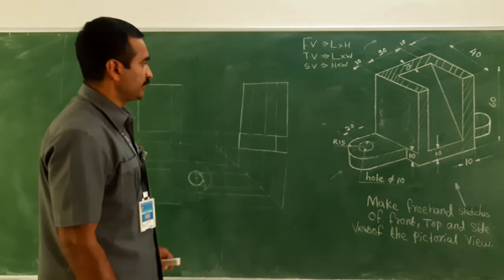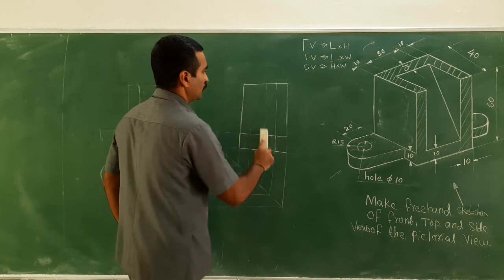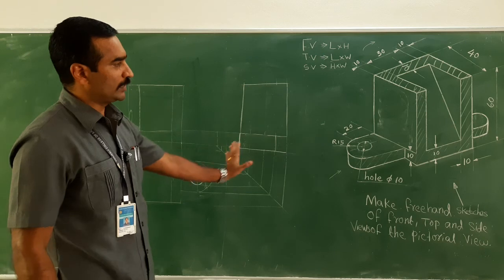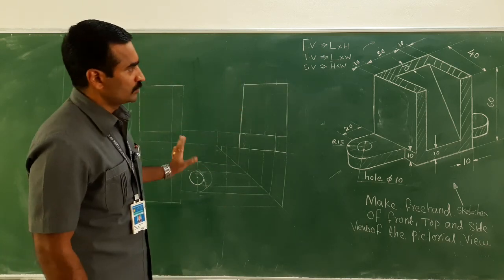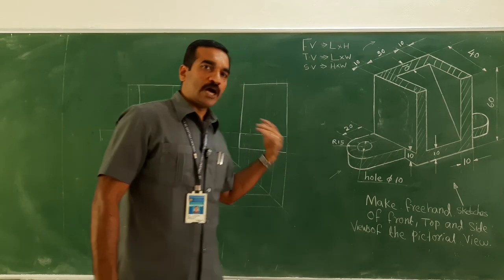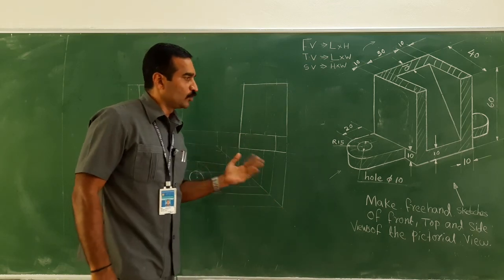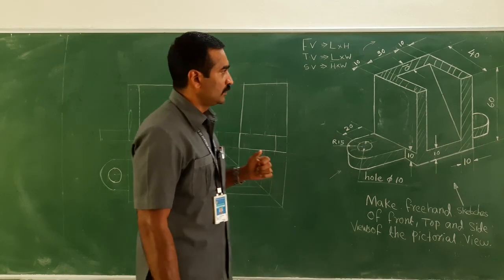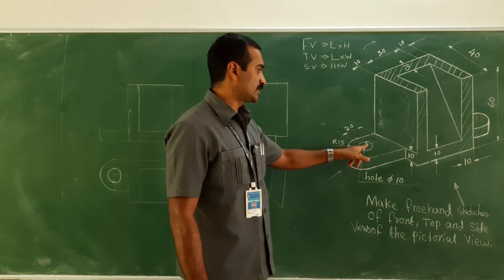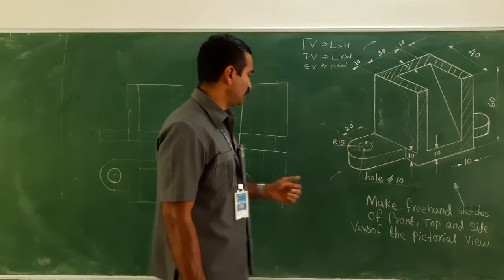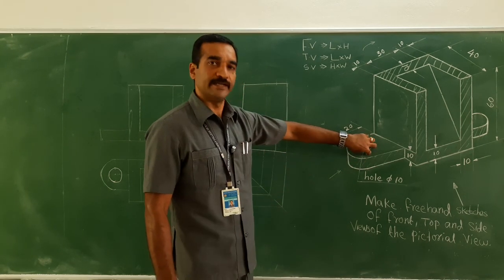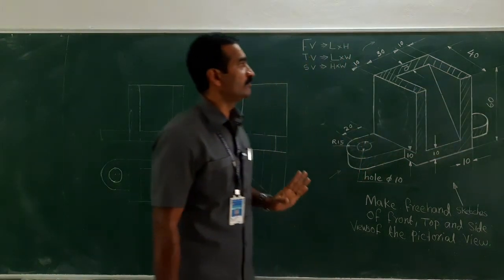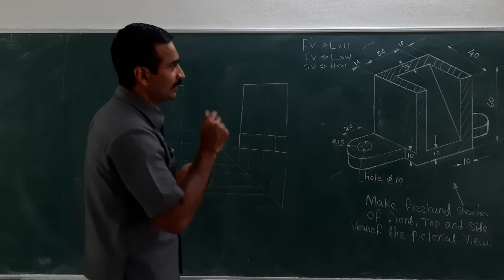Anything else is there? Now visible, that means the object line has been constructed here, that the outlines have been framed here. So certain things which can't be seen looking at the object from this direction are invisible things. Look at here, this circle will not be visible when I look at it from here, so that will be hidden. And this slope, this line will not be visible, isn't it? So how can that be framed?